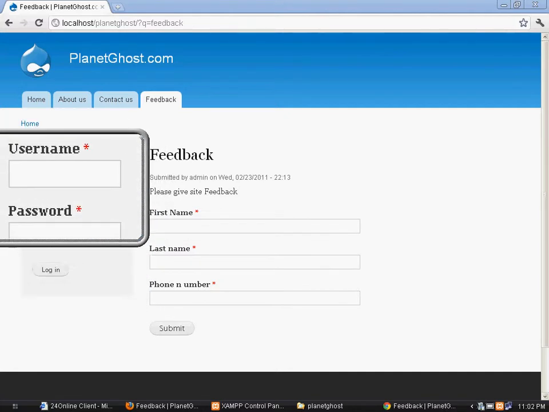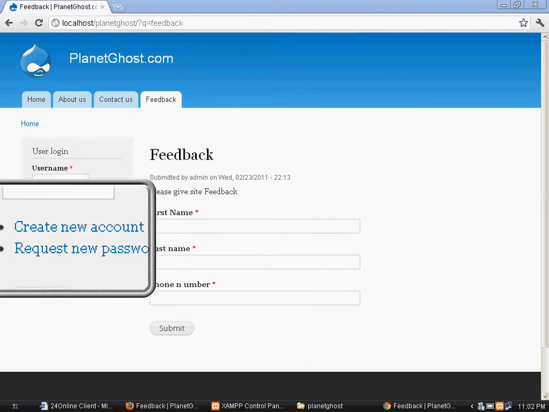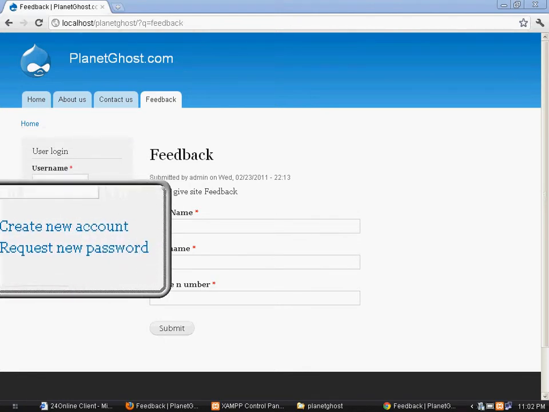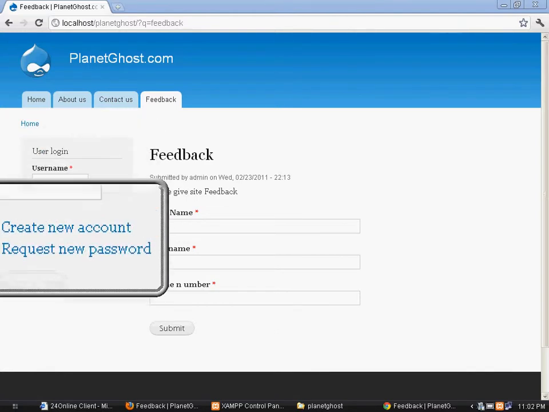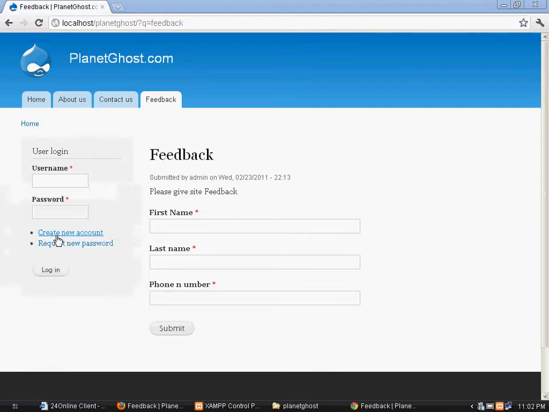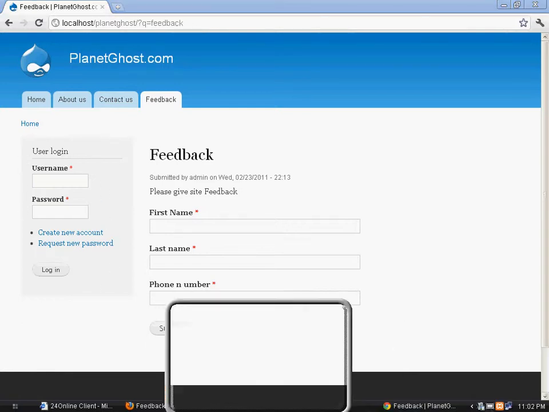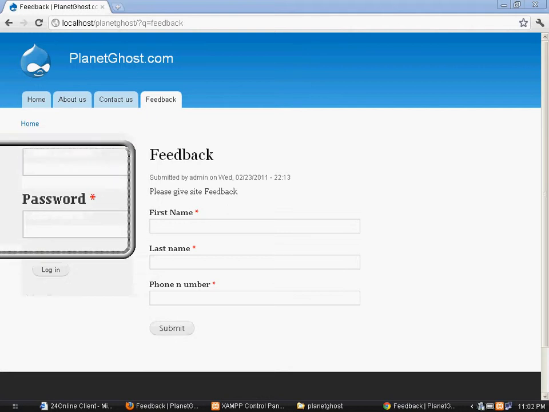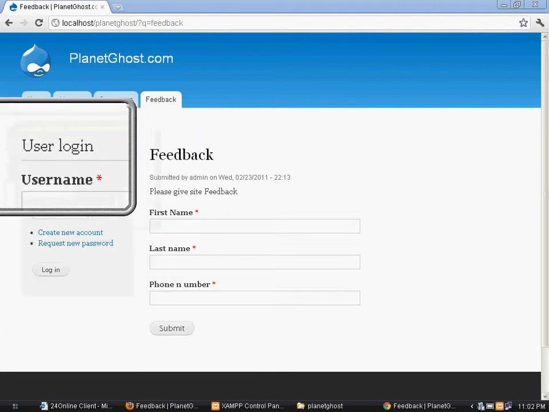Now, when I initially started learning Drupal, I was a little confused. I was in a real dilemma that in case I want to make a login form for users, is this the same login form for the users? How to create a new login form? Then I came to know that the login form for the administrator and any other user registering to your site, you would have the same login window.